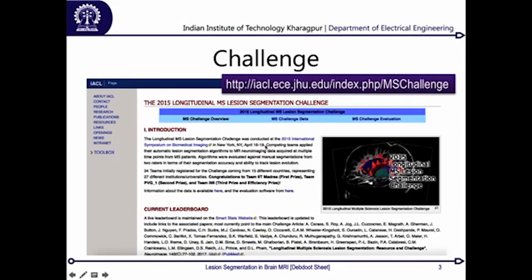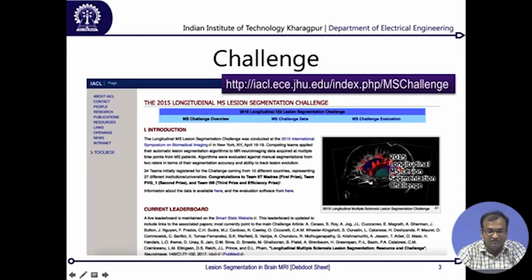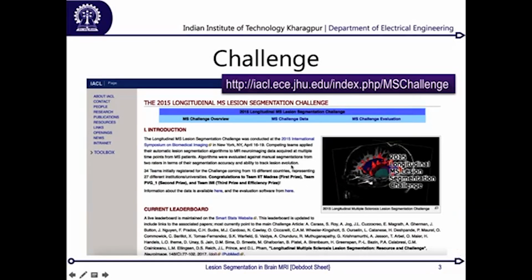This challenge is called the 2015 Longitudinal Multiple Sclerosis Lesion Segmentation Challenge, and it was held at the International Symposium on Biomedical Imaging in New York in April of 2015. If you look over here, the winning team was actually from IIT Madras, one of those few exceptional teams from India who make it to the Grand Challenges podium,